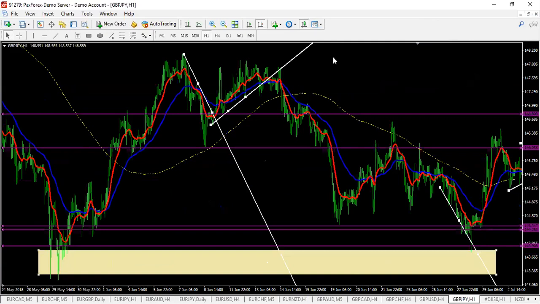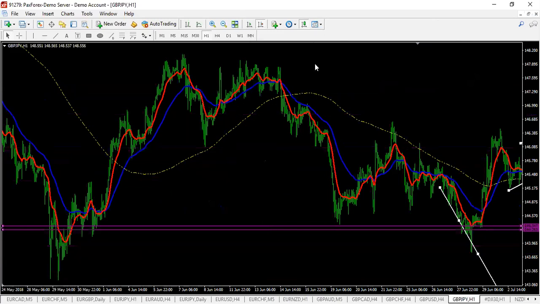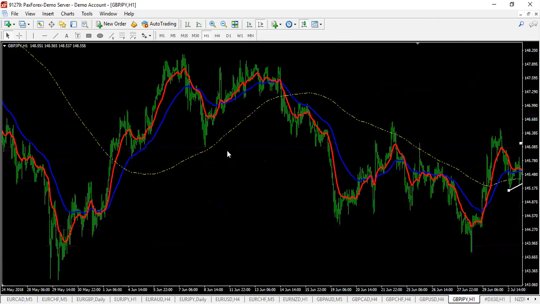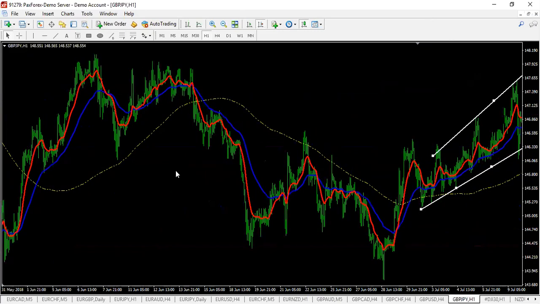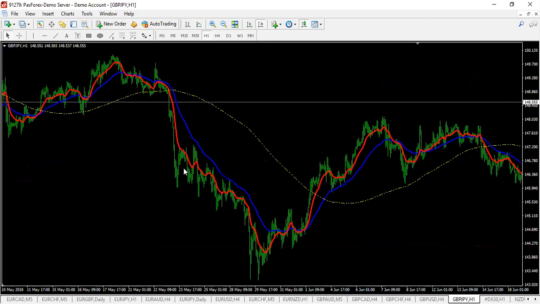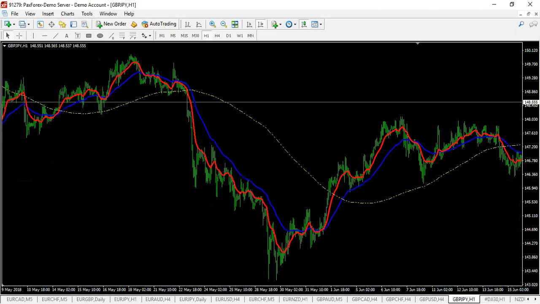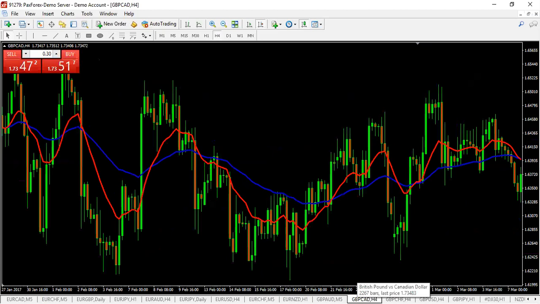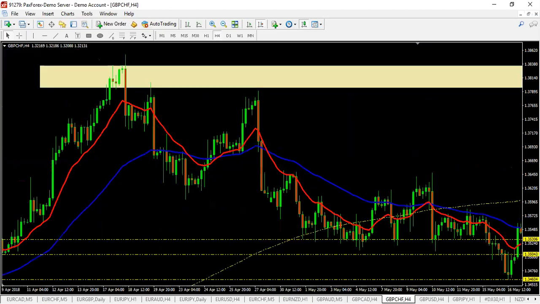All right. So real quick, guys. Okay, so we talked about trend lines. I wanted to show you guys the momentum strategy that I spoke about earlier. Let me do that real quick. Now, like I said, this strategy has worked wonders for me, man. And what I like to do when I'm using this is look for pairs that are not choppy at all. If you've got a pair with a nice clean movement,